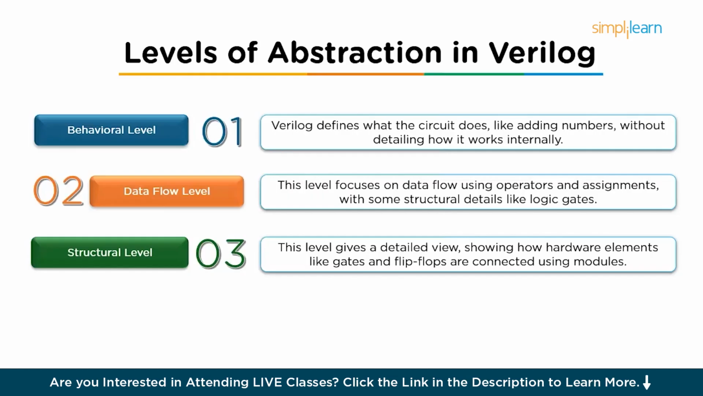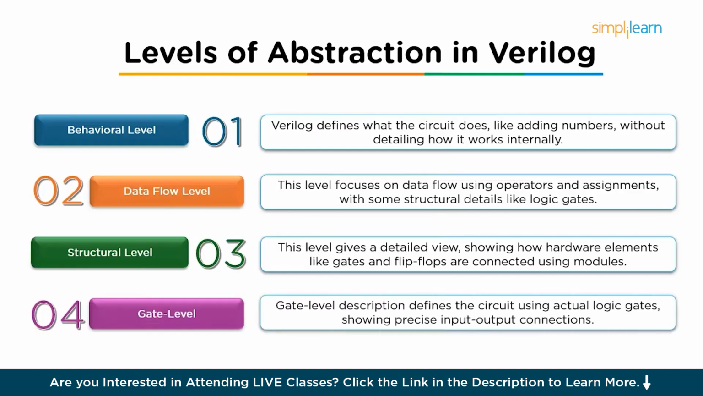This level of abstraction uses modules that represent actual hardware elements such as gates, flip-flops, and other fundamental components, and shows how these components are integrated. Then comes the gate level, the last level. Gate level description focuses on the actual gates used in the circuits and how inputs and outputs are connected. Verilog can be used to define a circuit entirely in terms of logic gates, creating an accurate low-level representation of